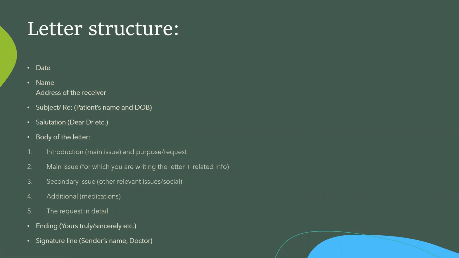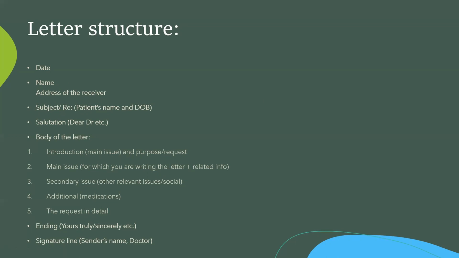Then you have to write the name. In the first line, you will write the name of the receiver, and in the second line you will write the address of the receiver. Make sure you don't write a long line of the address; divide it into 2 to 3 lines. For example, if the name is Dr. Fatma Gilani, you will write Dr. Fatma Gilani, and if the address is long, you will divide it into 3 lines. Then again, the date can be adjusted here as well, suit yourself.